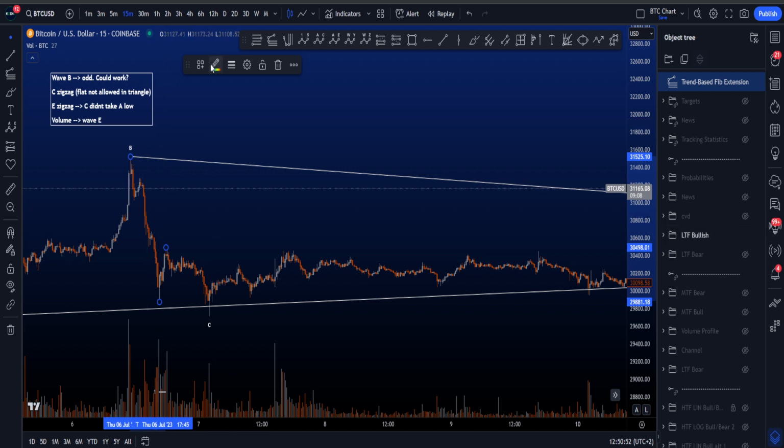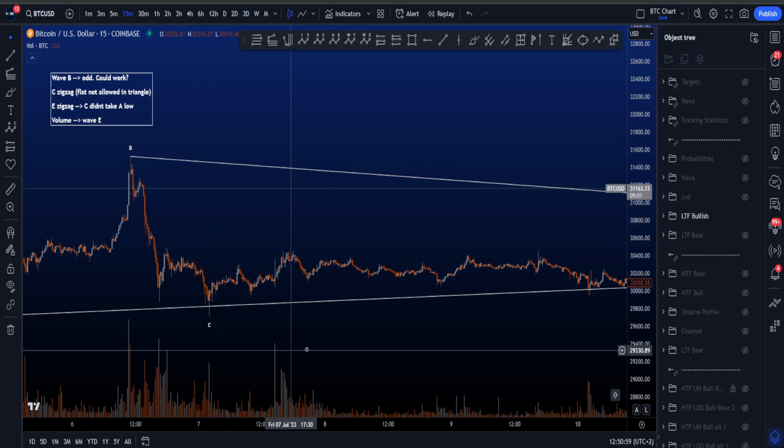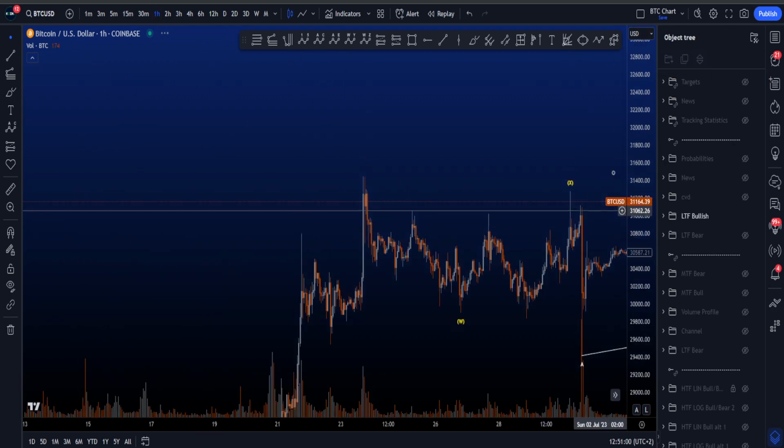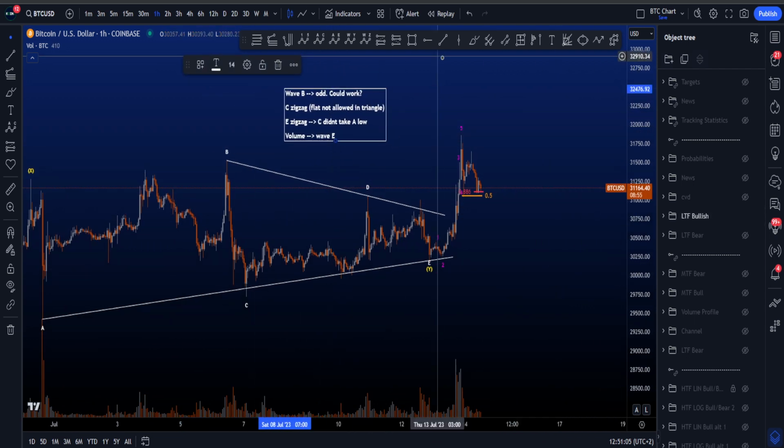But if we then take the target from the high of A to the low of A to the high of that potential wave B, toggle on the C targets, you can see that the 0.618 hasn't even been hit over here, which is already a rare target for a wave C. So that's very interesting as well. Then if we look at wave E,